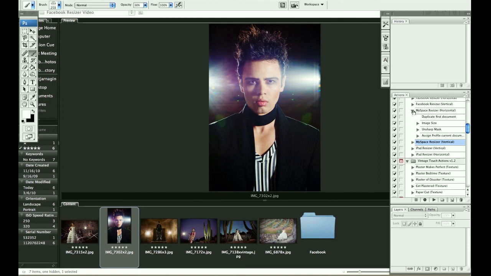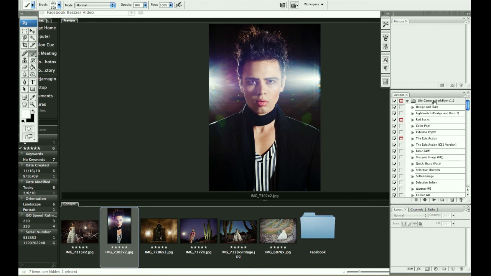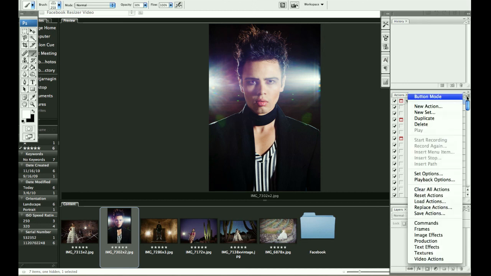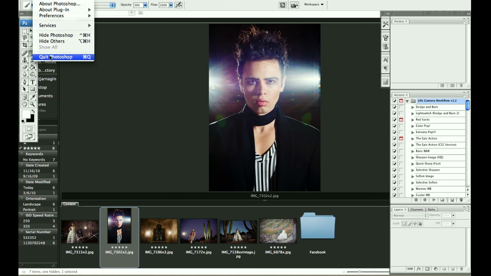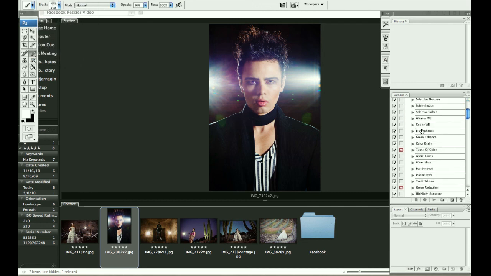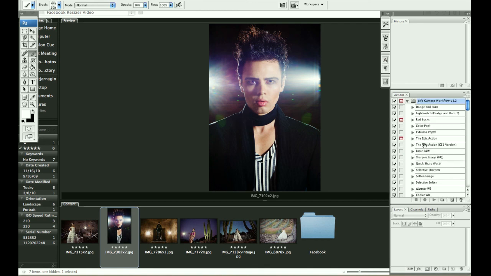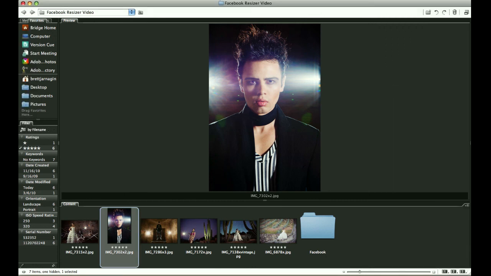From here, you can rename these actions if you want by double clicking on their names, and you can make it blog resizer if you like. And then I'm going to go up and click on the Life Camera Workflow folder, click this little menu button up here in the top right of the actions palette, and then save my actions. And then what you want to do after that is actually quit Photoshop. By quitting Photoshop, it's going to save our settings. Everything will be as it was when we last used Photoshop. That way these actions will stay the same after we've made those changes and we won't have to do it again. So then I'm going to open up Photoshop again, and then I'm going to go to Bridge,